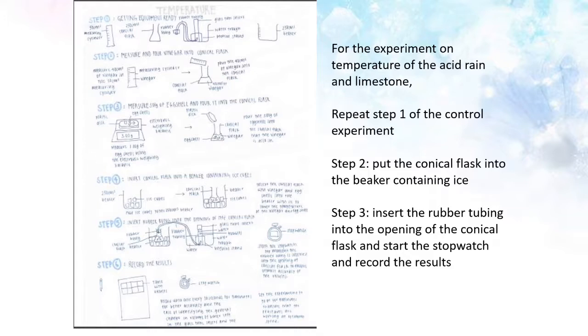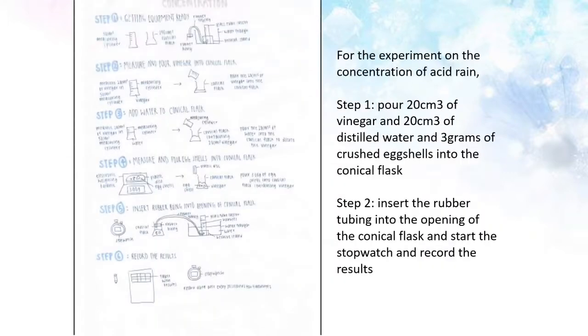For the experiment on temperature of acid rain and limestone, repeat step 1 of the control experiment. Step 2, put the conical flask into the beaker containing ice. Step 3, insert the rubber tubing into the opening of the conical flask, start the stopwatch and record the